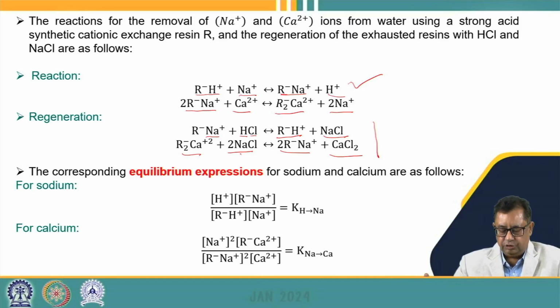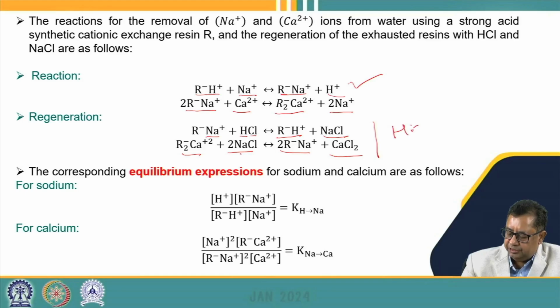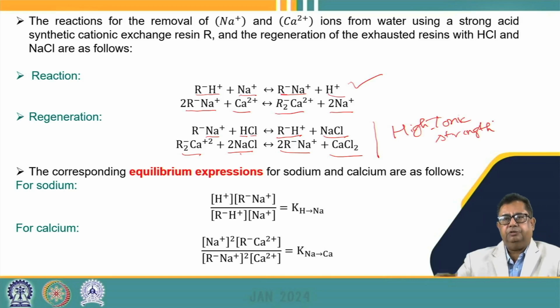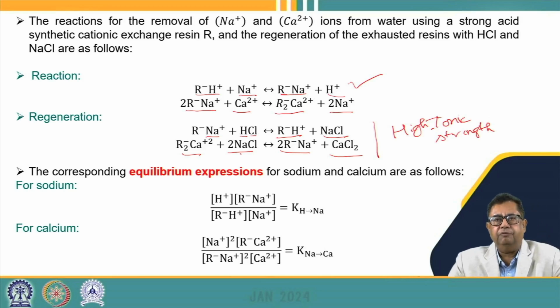Or we can say the sodium ions are replacing the H plus ions. The reverse reaction is happening, that is, now H plus ions are replacing the sodium ions. This happens when we have a very high ionic strength put onto the resin. So if we have a very high ionic strength water or solution, for example, a concentrated solution